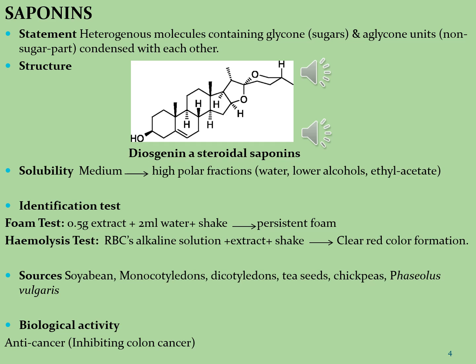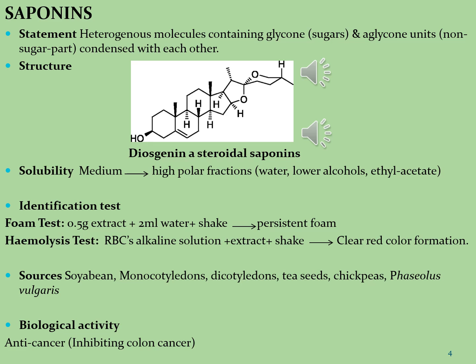Saponins are soluble in medium to high polar fractions of the plant, and these are soluble in water, lower alcohols, and ethyl acetate. Now we see the identification tests of saponins. These are performed in two ways. In the first test, that is the foam test, we take 0.5 gram of extract and add 2 ml of water, then shake it, and we observe persistent foam in the solution, which indicates the presence of